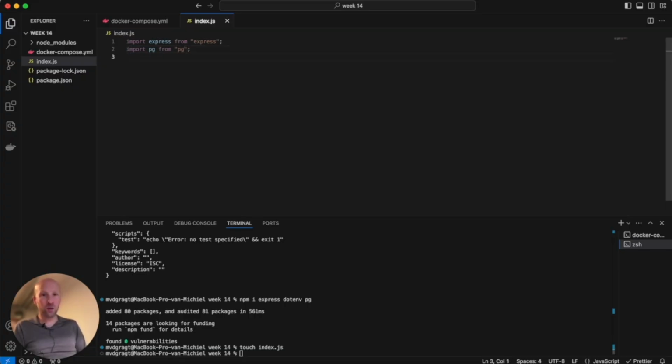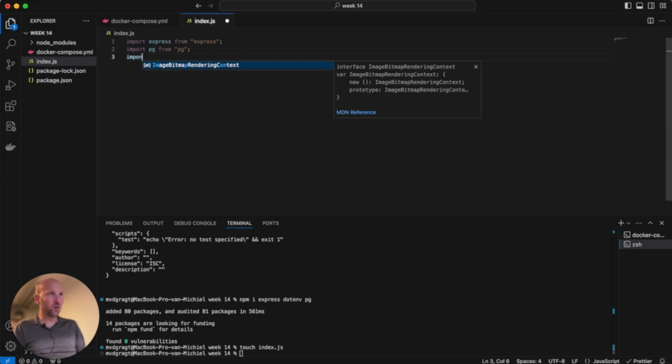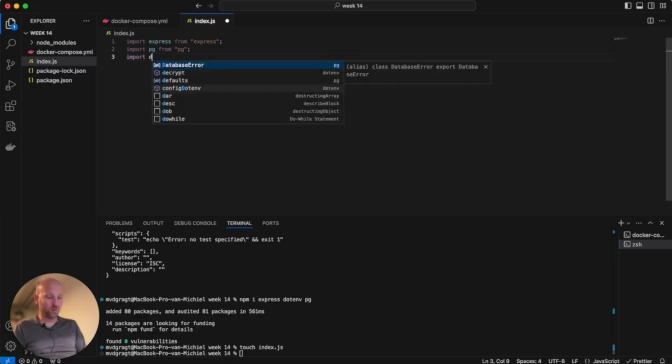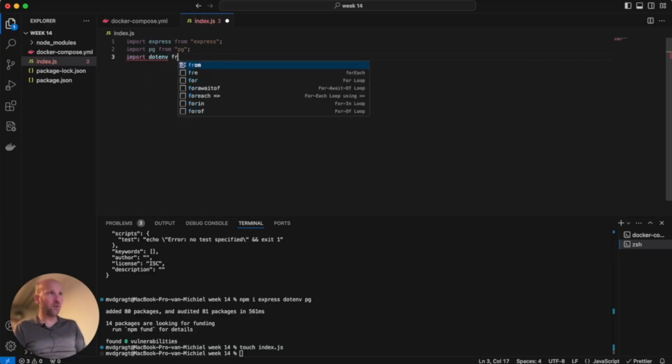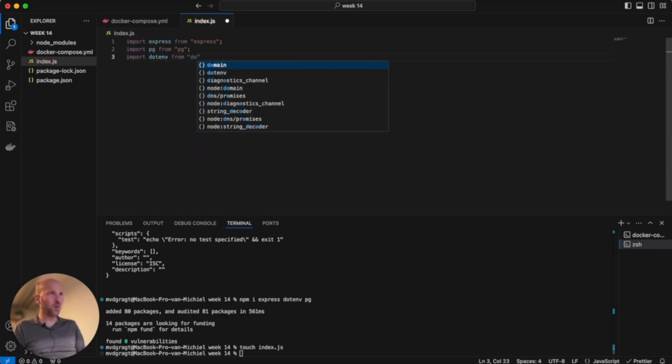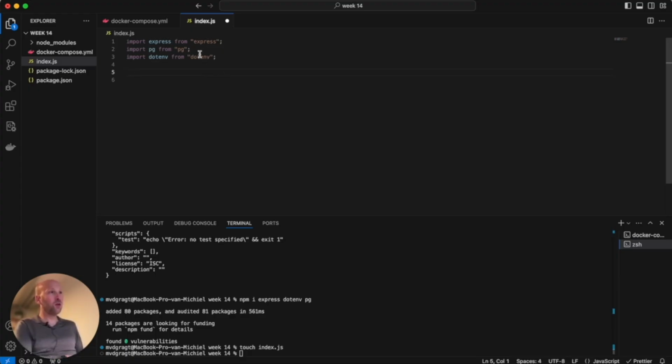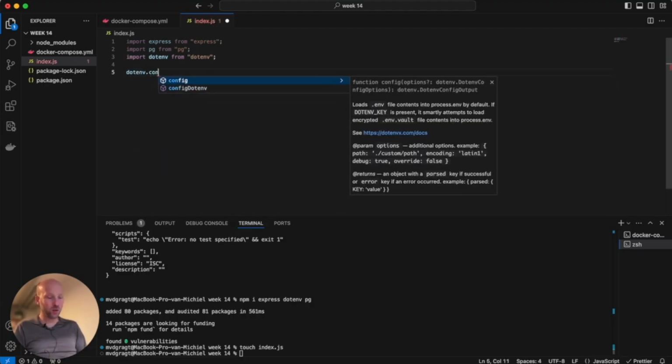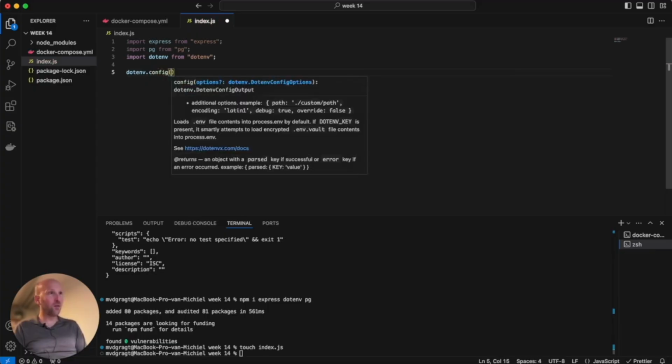We're going to import dotenv from dotenv. There. Now, because we're not using Vite, the way we use the .env files is slightly different. It's mainly the syntax, and we also need to make sure that we can use the config file for dotenv,